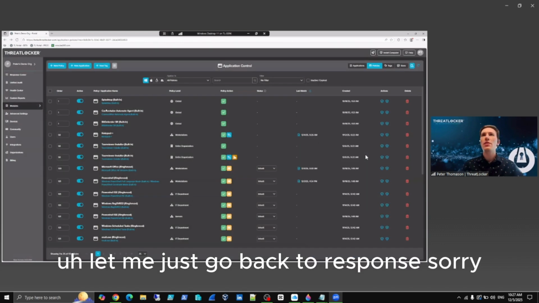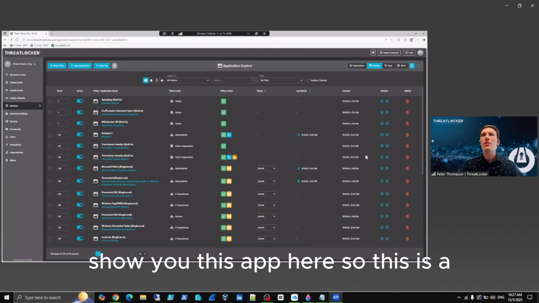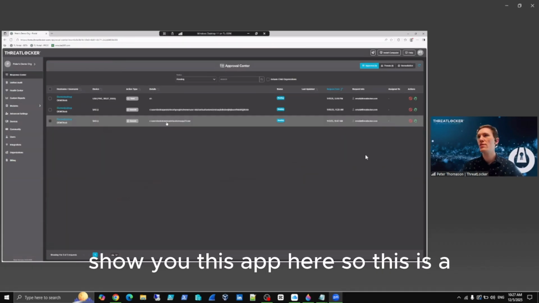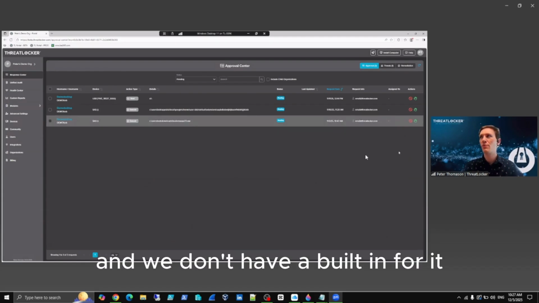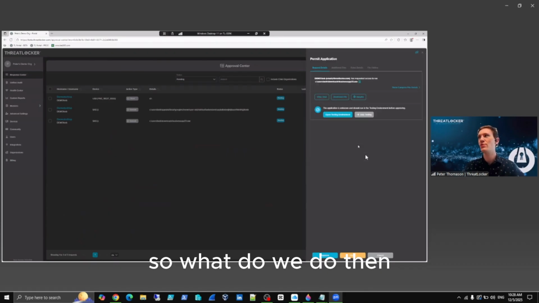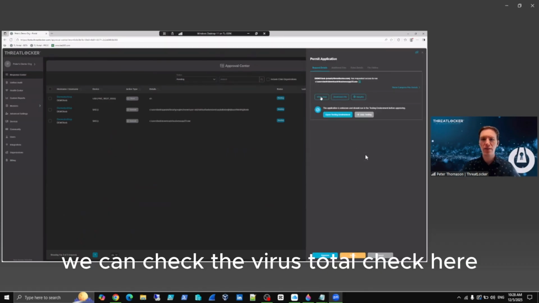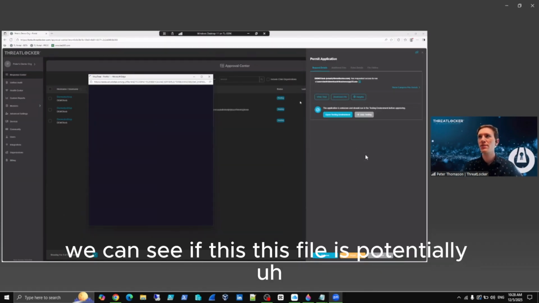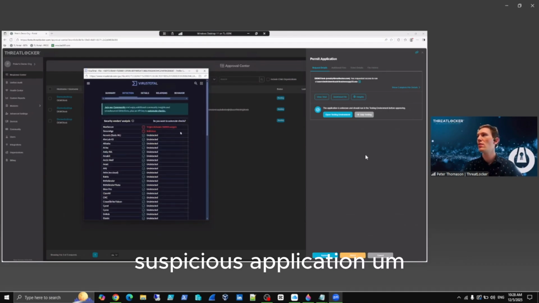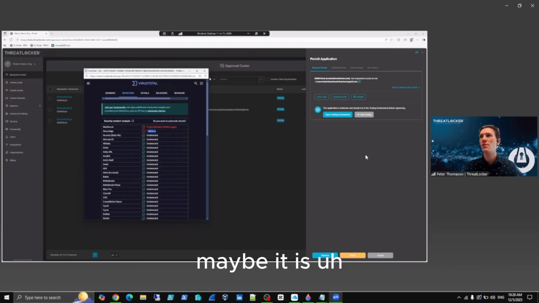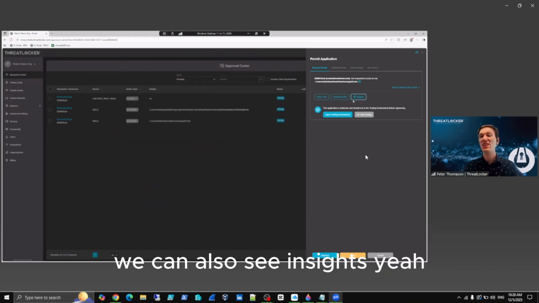Let me just go back to response, sorry. Let me just show you this app here. This is just a custom app that we've had requested, and we don't have a built-in definition for it. So what do we do then? We can check the VirusTotal check here. We can see if this application is potentially suspicious. We're getting a couple of flags here, maybe it is. We can also see insights